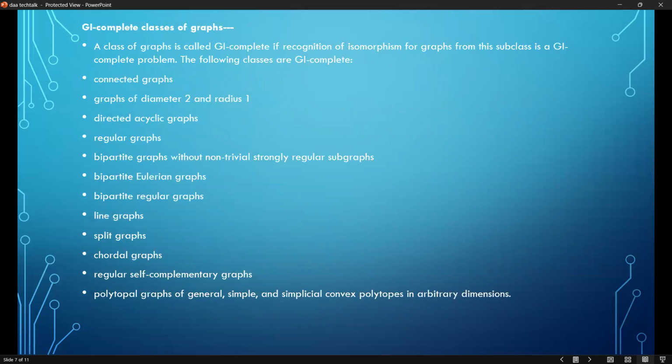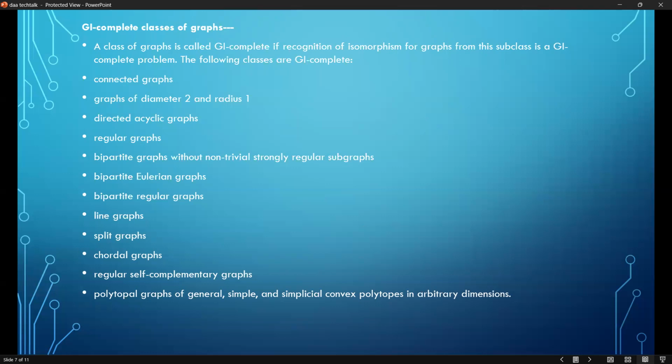GI complete classes of graphs. A class of graphs is called GI complete if recognition of isomorphism for graphs from the subclass is a GI complete problem. The following classes are GI complete: connected graphs, graphs of diameter 2 and radius 1, directed acyclic graphs, regular graphs, bipartite graphs without non-trivial strongly regular subgraphs, bipartite Eulerian graphs, bipartite regular graphs, line graphs, split graphs, chordal